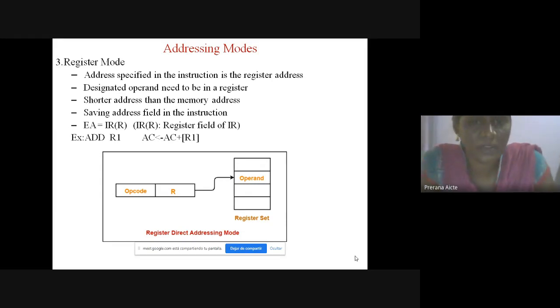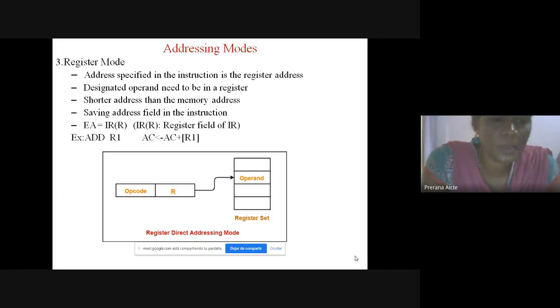The designated operand needs to be in a register, saving the address field in the instruction. So effective address equals register, that is the register field R of the instruction register. For example, add R1 means add the content of register R1 to the content of the accumulator, and the result is stored in the accumulator.